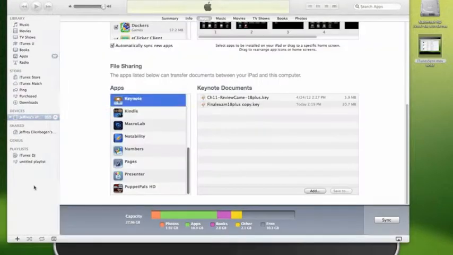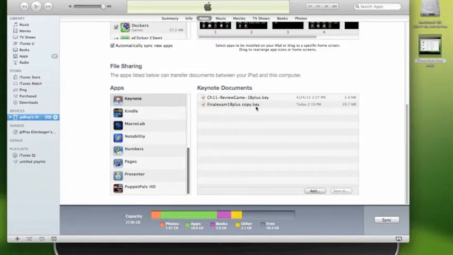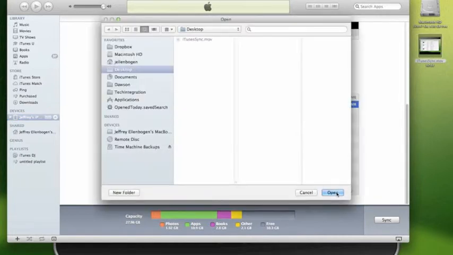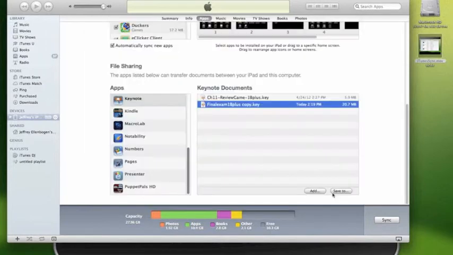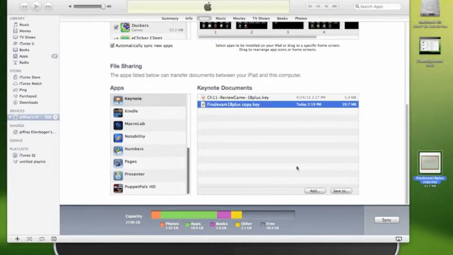Now let's switch back over to iTunes, and you can see that that final exam is now available within iTunes. If I click on it and choose Save To, I can choose to save this to my desktop or another location on my Mac. I'm going to go ahead and press Open. It doesn't actually open the file. It's going to actually store the file, as you can see right here, on my Mac. It can actually do the opposite.